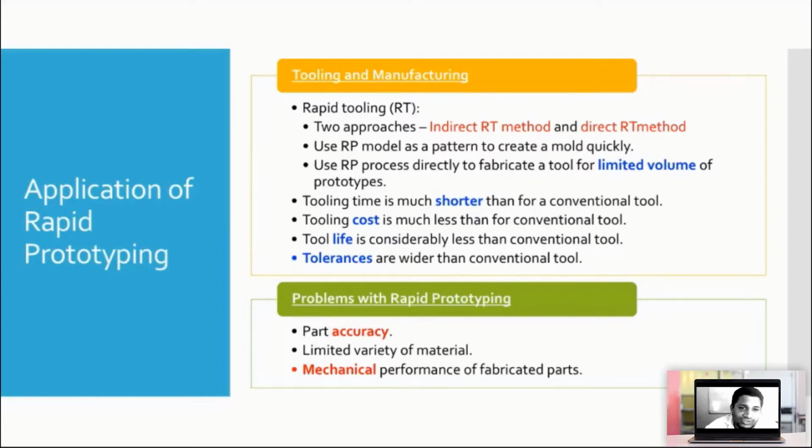So rapid tooling gives us good tolerance, okay, but the tool life is limited. The tool which I'm going to make with rapid prototyping can be used for only 4 or 5 products. So after that, we need to scrap the tool. Now there are some problems with rapid prototyping, like when I'm doing laser sintering, the exact dimension cannot be created. So we have some issues with dimensional tolerances. And also, if I'm going to use polymers or plastic, then they will not have enough strength. So the mechanical performance is also limited.